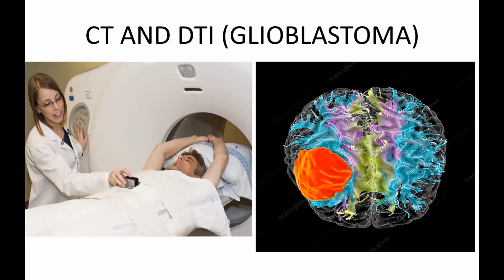If you see the picture on the right side, you will find some colors in the brain. In that, you will find an orange color, which shows a brain cancer called glioblastoma. It is a brain disorder. This picture is taken from DTI, where the image is taken with colors. Wherever you find a dark color, it indicates some sort of brain disorder or brain damage.